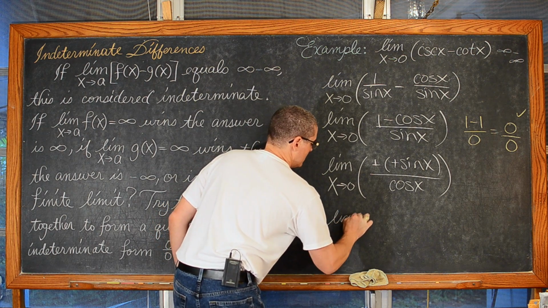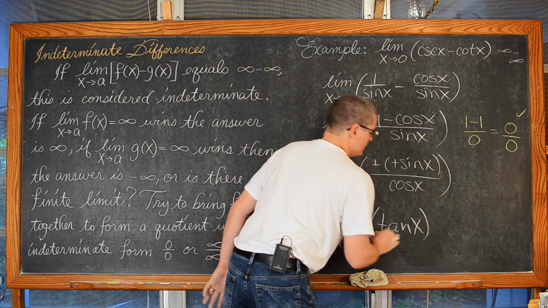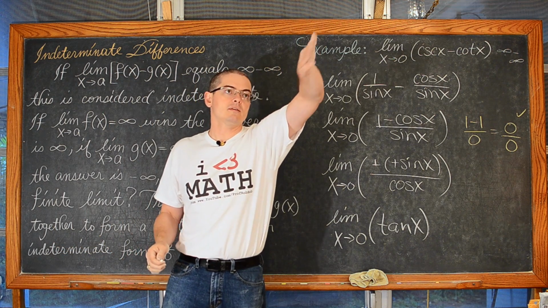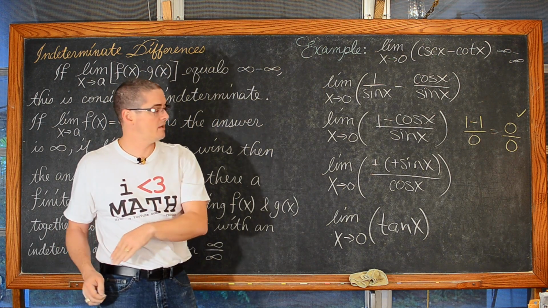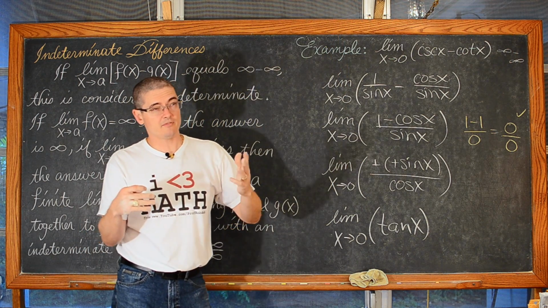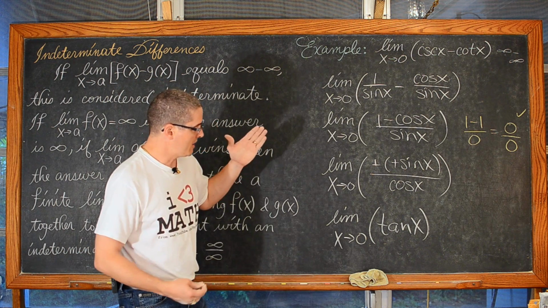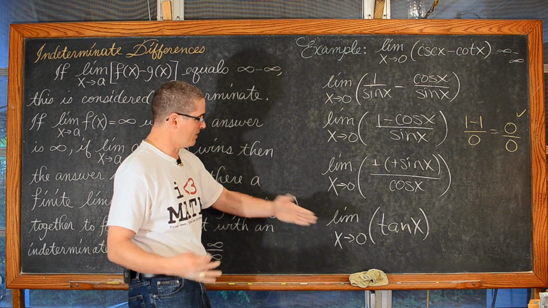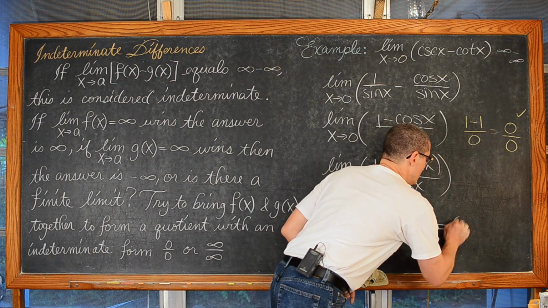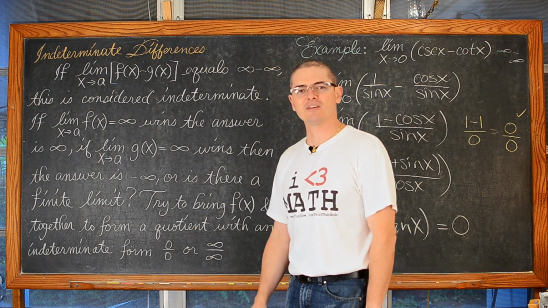So we have the limit as x approaches 0 of the tangent of x, and if you remember what your tangent function looks like, it comes through sort of like this and passes through the origin and goes to infinity as you approach pi over 2 from the left, and approaches negative infinity as you approach negative pi over 2 from the right. But I don't care about approaching pi over 2 or any form of it. I just want to approach 0, and the tangent of 0 is equal to 0. And that is the end of my last example. I'm Mr. Tarrou. Go do your homework.